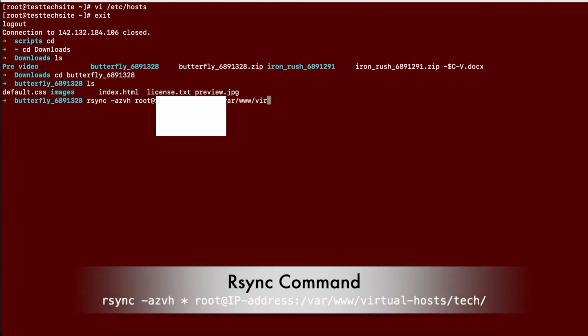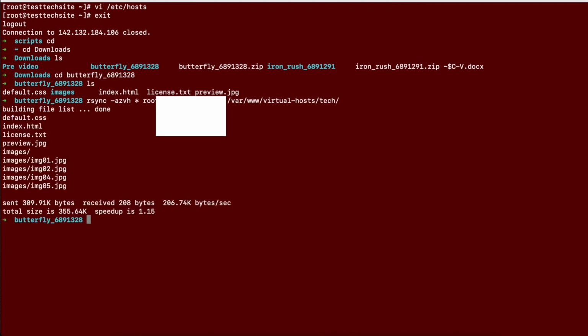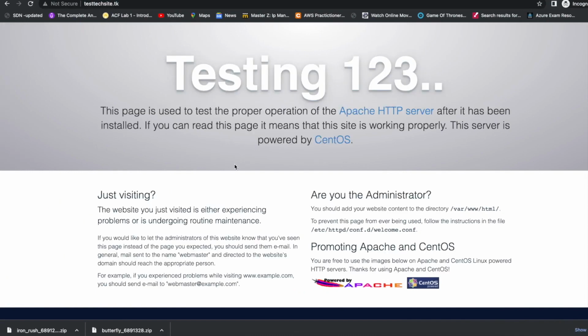It was a virtual hosts and tech. So we're going to copy everything here, and sorry, I made a mistake here. What we want to copy is everything here, so we just did this one. Wow, as we have the key already added, it's not asking for the password. And now if you see that, it should